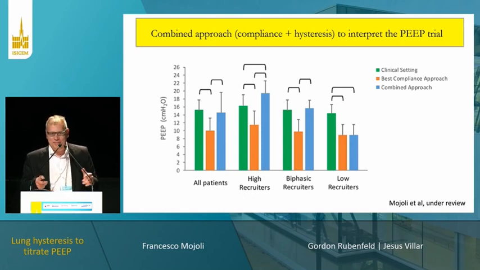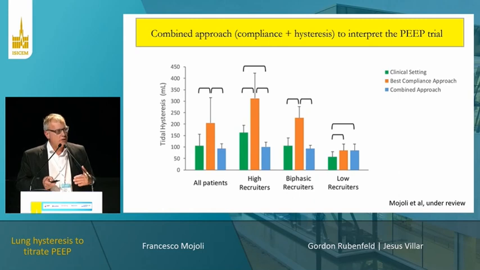Finally, what was the PEEP suggested by the different approaches? In green, you see the clinical setting. In orange, the best compliance approach. And in blue, the combined approach. The best compliance approach in this population almost always suggested to decrease PEEP irrespective of the mechanical pattern, whereas the combined approach suggested to increase PEEP in high tidal recruiters and to decrease PEEP in low tidal recruiters. And this was associated with the capability to keep lung hysteresis at a low level. Remember that lung hysteresis is in the end the amount of energy that is dissipated in the respiratory system of our patient